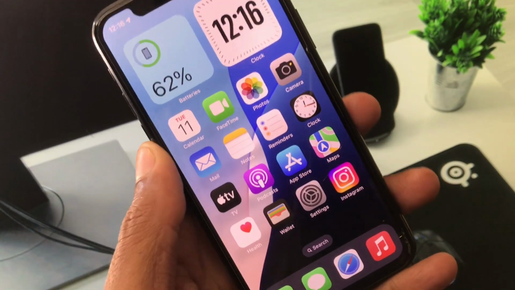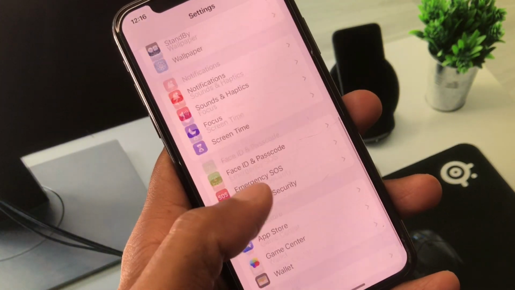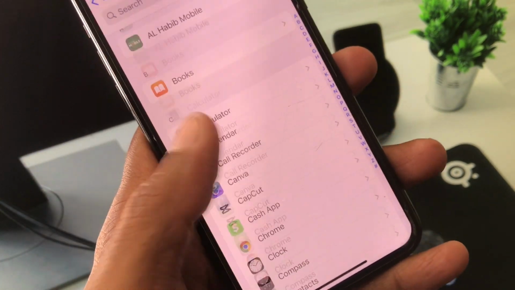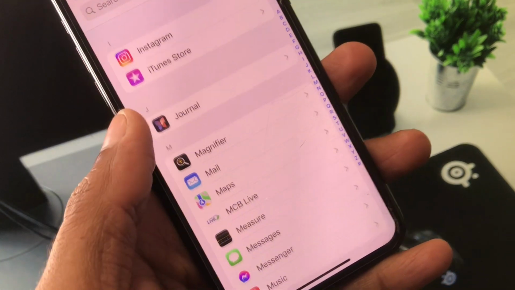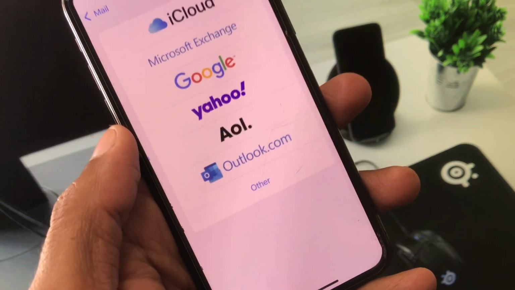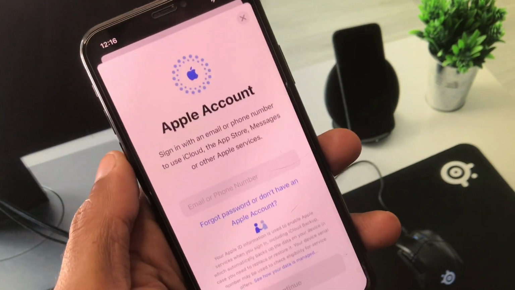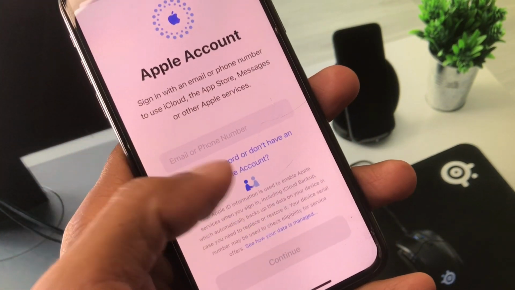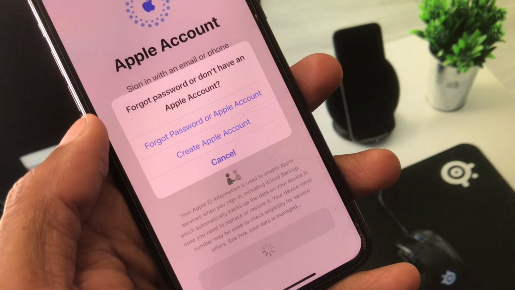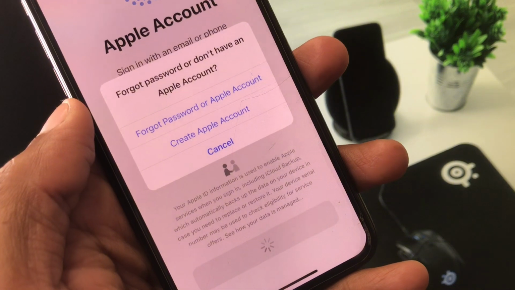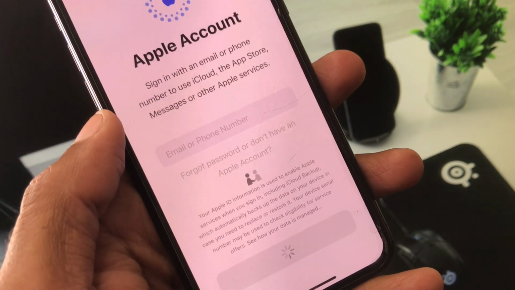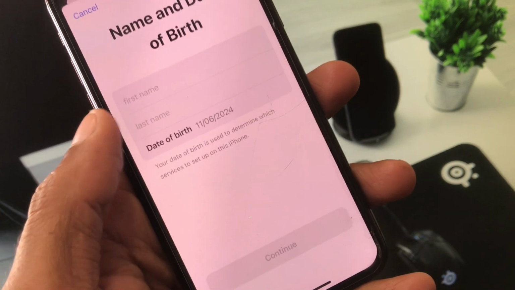And guys, if you still get this issue, then you need to open your settings again and scroll to the bottom. Here you can see the option of Apps, click on Apps, and from here you will see the option of Mail, click on it. And now you need to click on Add Account and select iCloud, and here you can see the option of Forgot or Don't have an Apple account. After you click it, you can see the option of Create Apple Account. Simply click it, and you can create your new Apple account or Apple ID from here